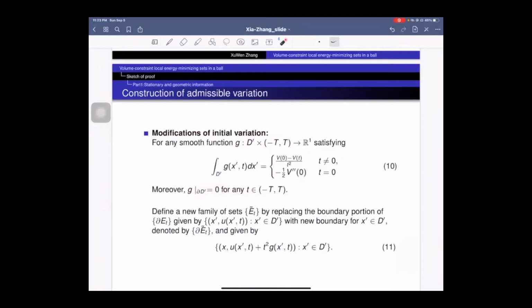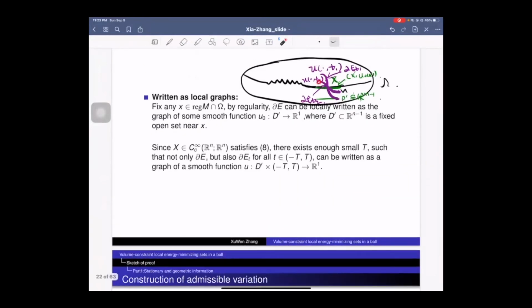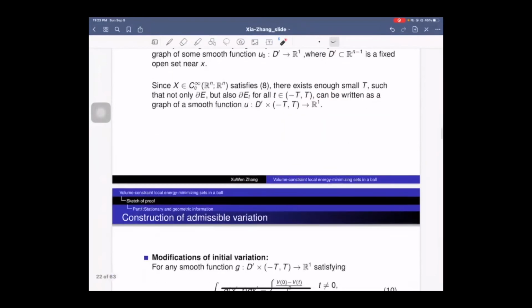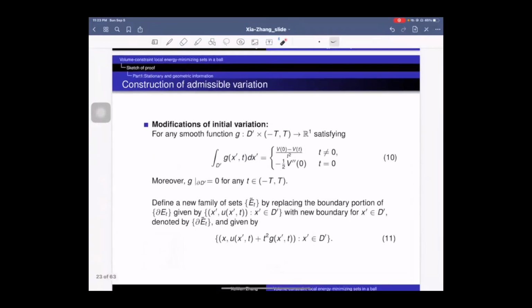And for such g, we can define our new sets E tilde t by replacing the original boundary partial ET, which is given by X prime U here, to be the new boundary denoted by partial E tilde t and given by we plus t squared times g